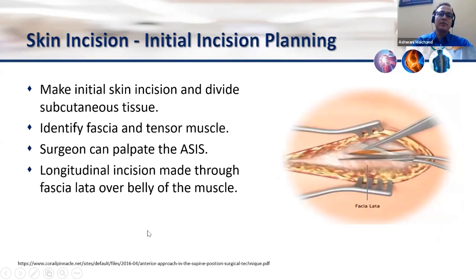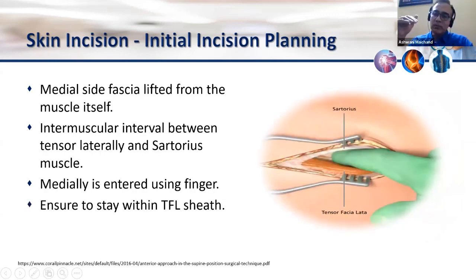So after the skin incision, we have to palpate the tensor, medial border of tensor fascia lata. Always take a reference from the anterior superior iliac spine. So first we have to incise the fascia lying over the muscle. Then, as was shown in the video, you put your finger around the medial border of tensor between the fascia and the muscle fibers and reach the intermuscular septum, so that tensor lies on the lateral side and sartorius on the medial side.